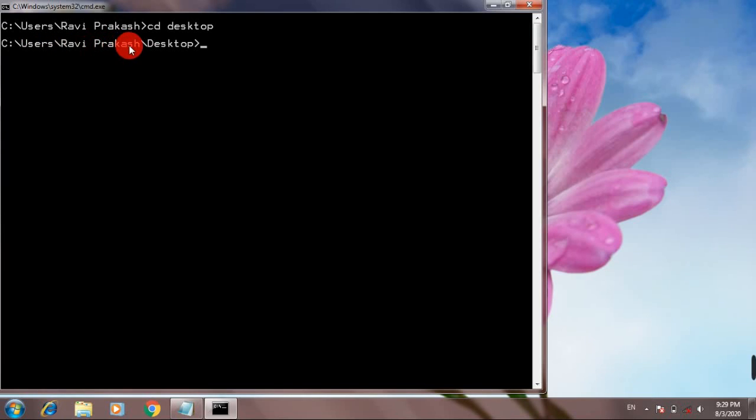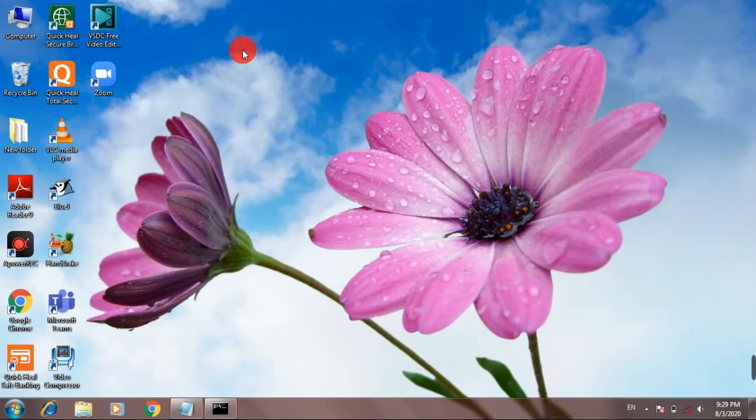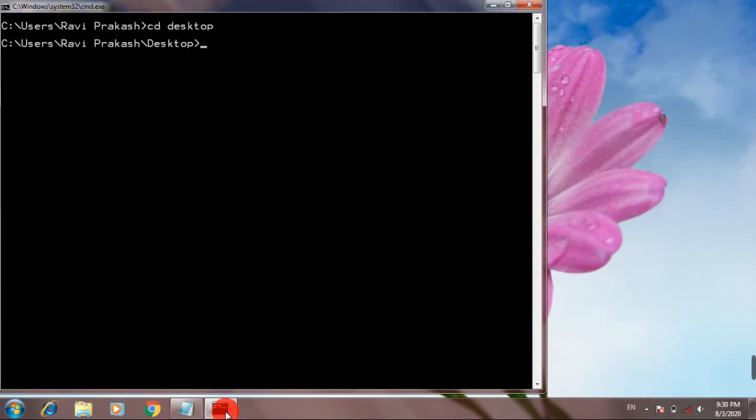after Ravi Prakash folder, I am now inside the desktop folder, and here on this desktop I want to create a new folder named demo class. There is no such folder here, and I am going to create it using this operating system. For this I have to use another command, mkdir, means make directory, and a space, then the name of the folder. So the name of the folder I am going to take is demo, and press enter.